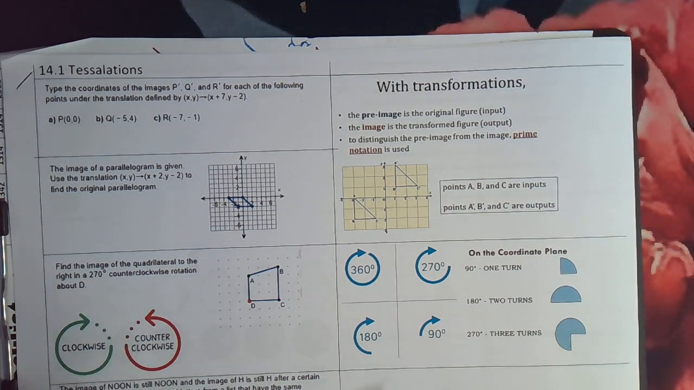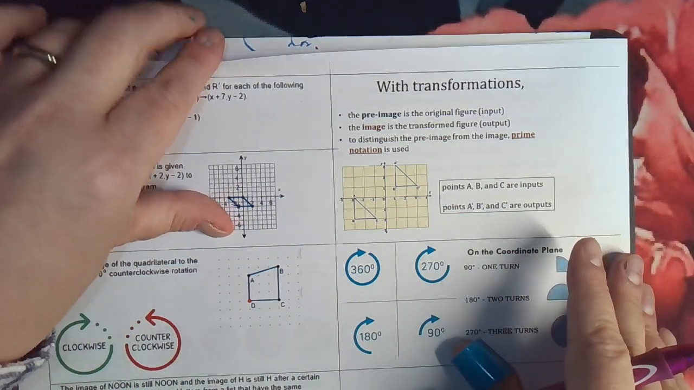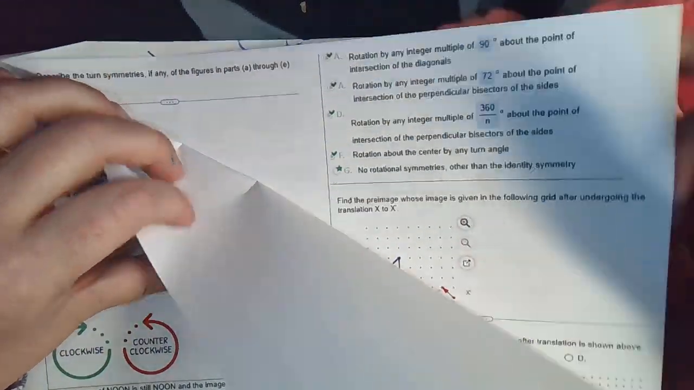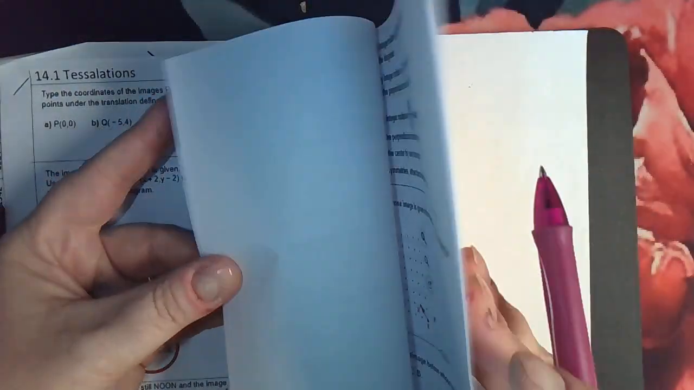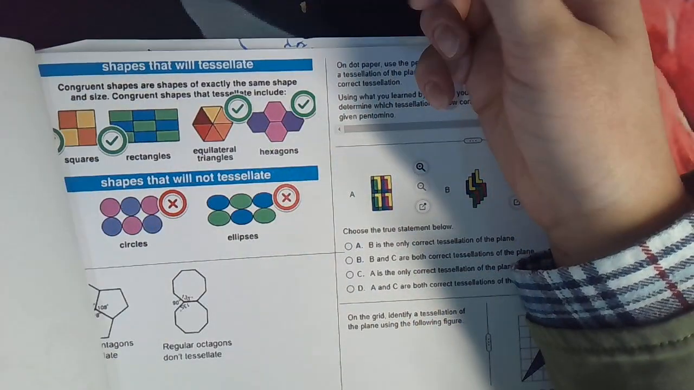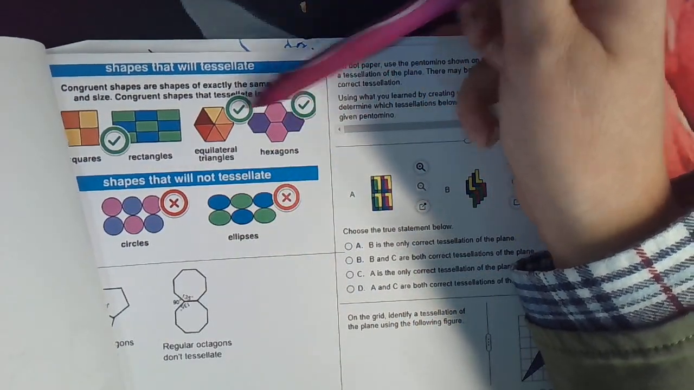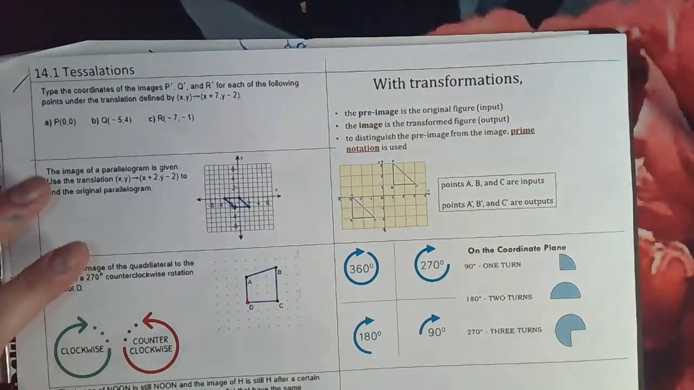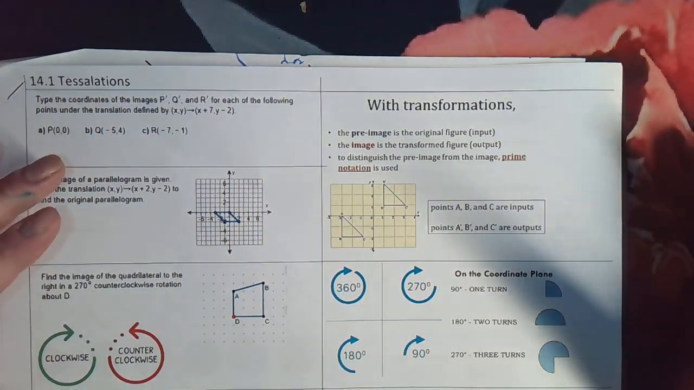This is our last section, 14.1, tessellations. Tessellations are like what you see on the bottom of your bathroom floor or the bottom of a kitchen floor when you have different colored tiles and they all fit together. That's called a tessellation. Okay, but we'll get to that. First we need to talk about